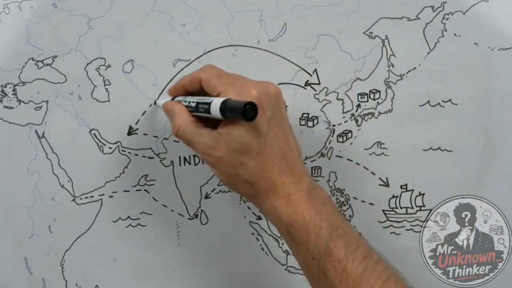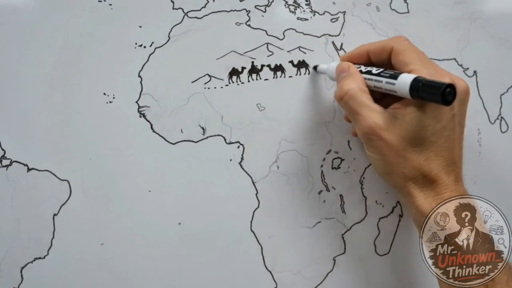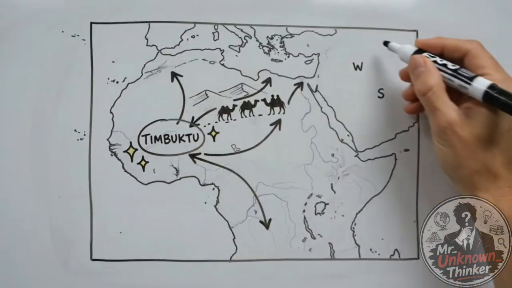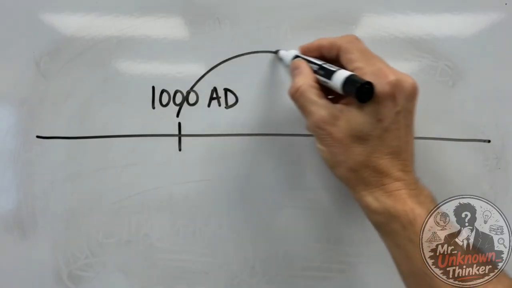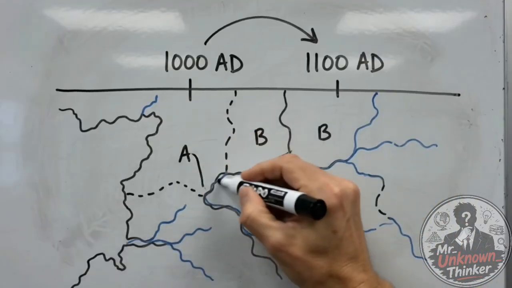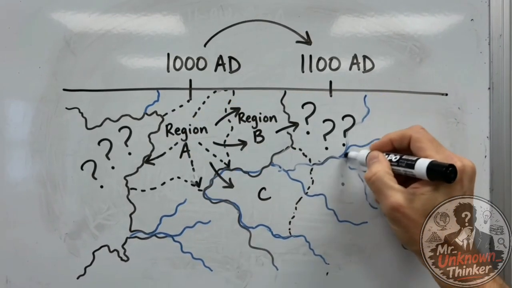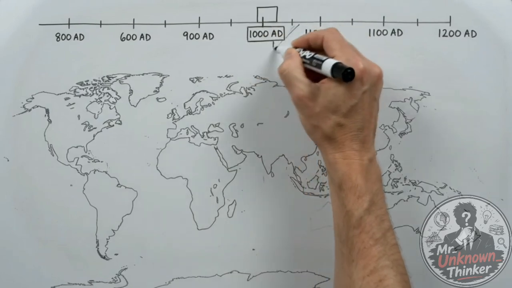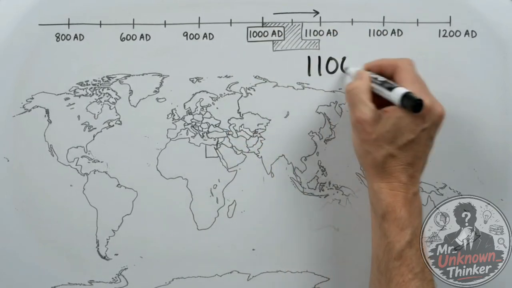Across Asia, powerful states ruled enormous territories, while major trade routes connected distant civilizations. These routes carried goods, knowledge, inventions, and cultures across thousands of miles. Africa was home to prosperous kingdoms connected by thriving trade networks. Caravans crossed the Sahara while merchants linked Africa with Europe, the Middle East, and Asia. But this map wouldn't remain the same for long.